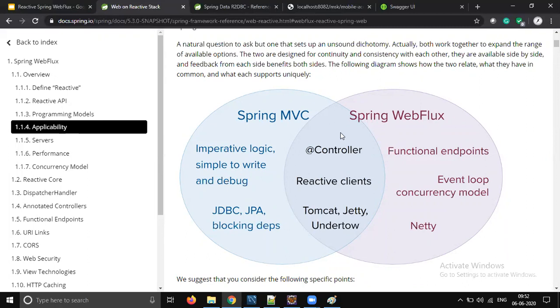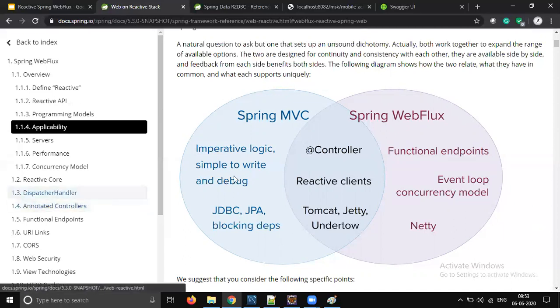It will work with the servlet API and you get all the benefits. Okay, but the problem is it's a blocking API, right? When you want to get the benefit of reactive programming, then you should come to WebFlux. WebFlux also supports native WebFlux and servlet API supportable WebFlux, but you should choose based on what exactly your requirement is, right? If you would like to go with the Netty server, then you're not supposed to touch any servlet feature, right?